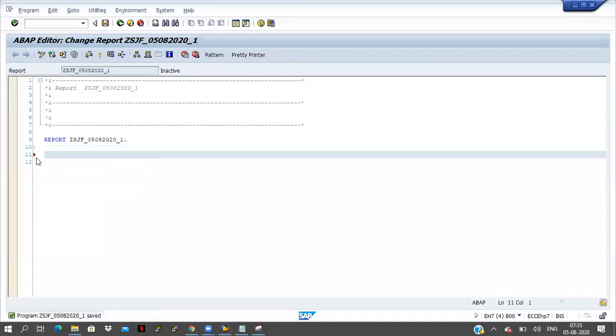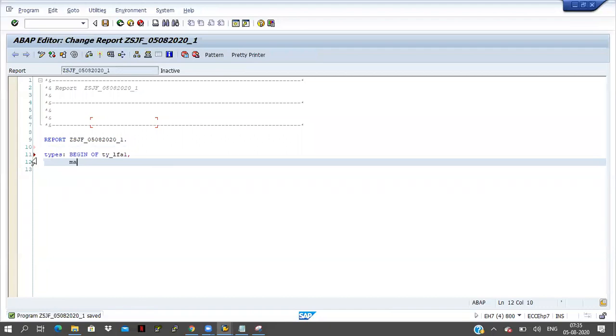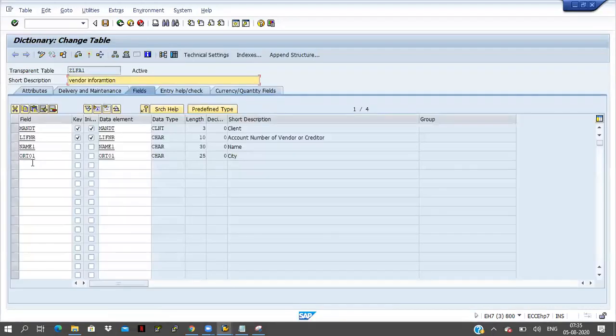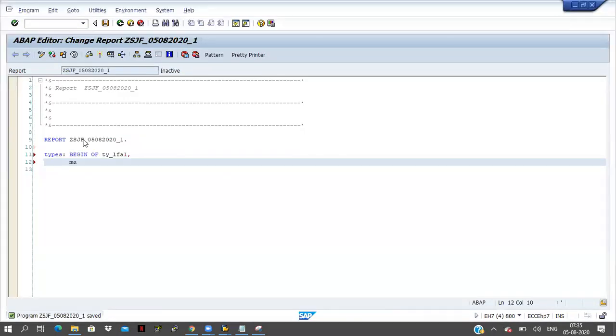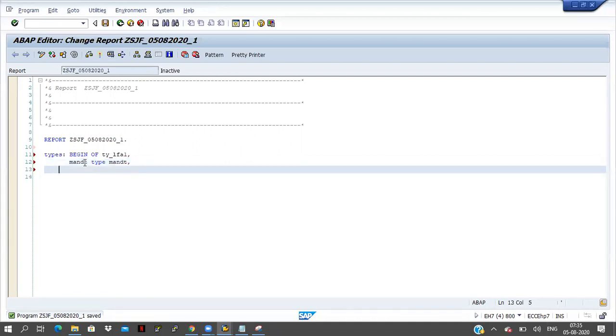In the same way we have to declare one work area. How to declare? First of all, types: TYPES BEGIN OF ty_lfa1. How many fields are there? All fields we have to take, with the MANDT field also. MANDT type LFA1-MANDT and LIFNR type LFA1-LIFNR.